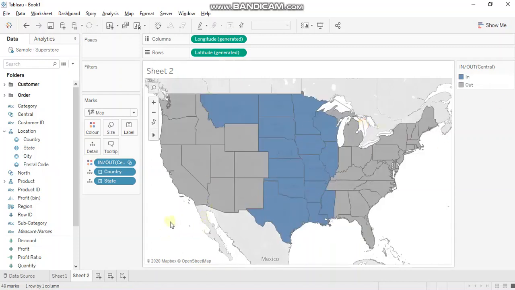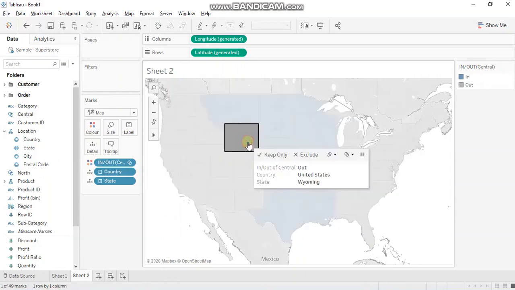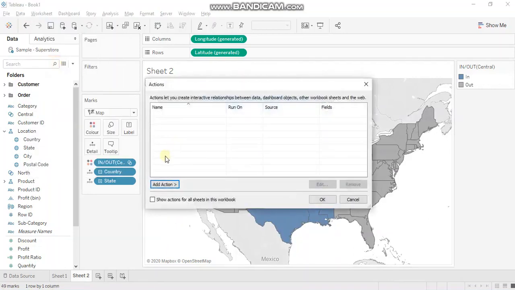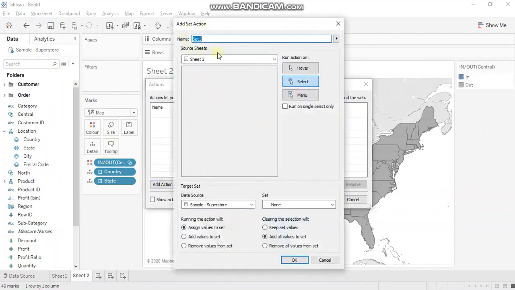So I can add this value to the Central region. Manually, obviously, you can add values to a set or remove values from a set, but dynamically also you can do it, like you just click over here and this automatically gets added to your set. So let's see how you can achieve this. Go to Worksheet, Actions, Add Action, Change Set Values. Let's name it